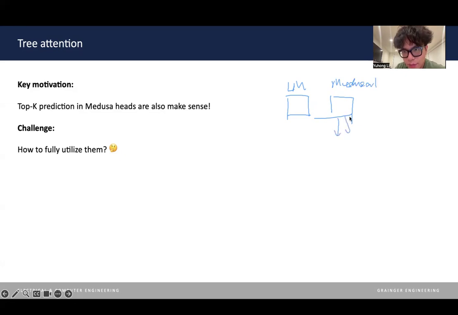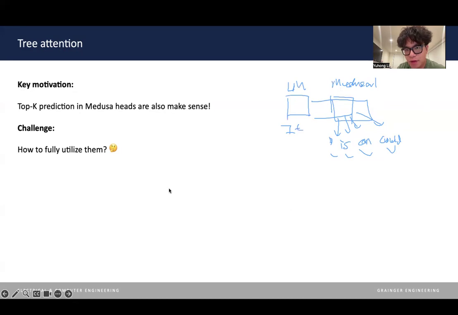The top three might be, for example, if this output is "it", it might be "prime", "is" or "can". So you can see three or even four. This all makes sense, right? The "prime", "is", "can" could also make sense. So we want to include more possibilities into